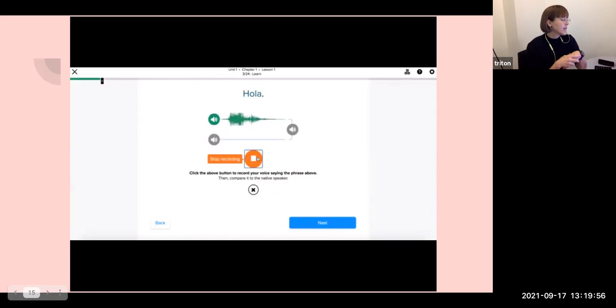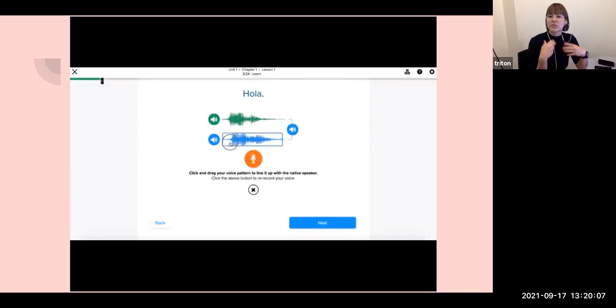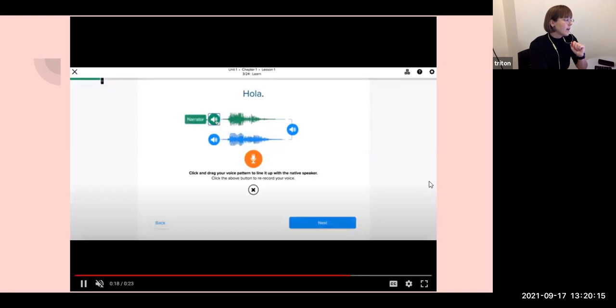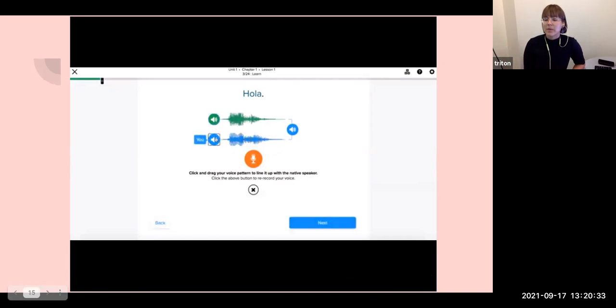It's much bigger. When we record ourselves, the tricky thing is that you have to find your recording and drag it over. You might not see it immediately if you don't start speaking as soon as you press record, because it's on a running track and only gives you that small view. So make sure you drag your sound over, and you get to see that visual comparison, which I think is very cool. I can see I'm stressing the same syllable that he was stressing, and I can play them each separately, and then play them at the same time. That way we're getting input like